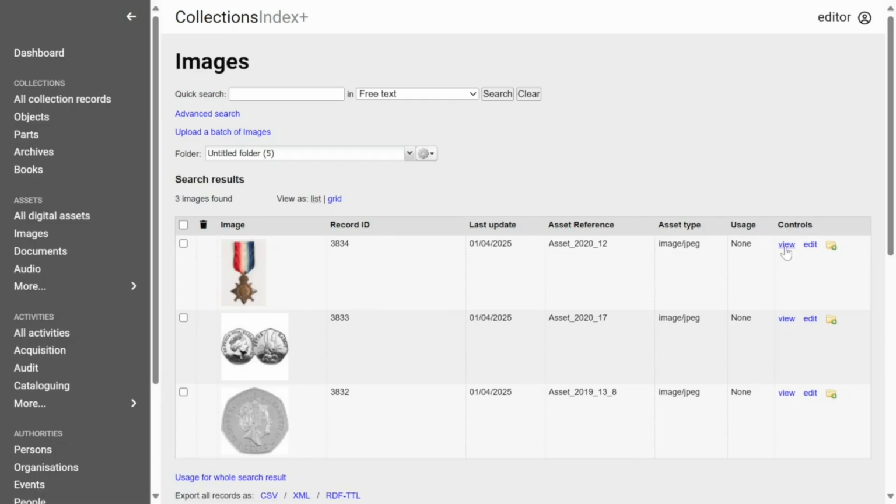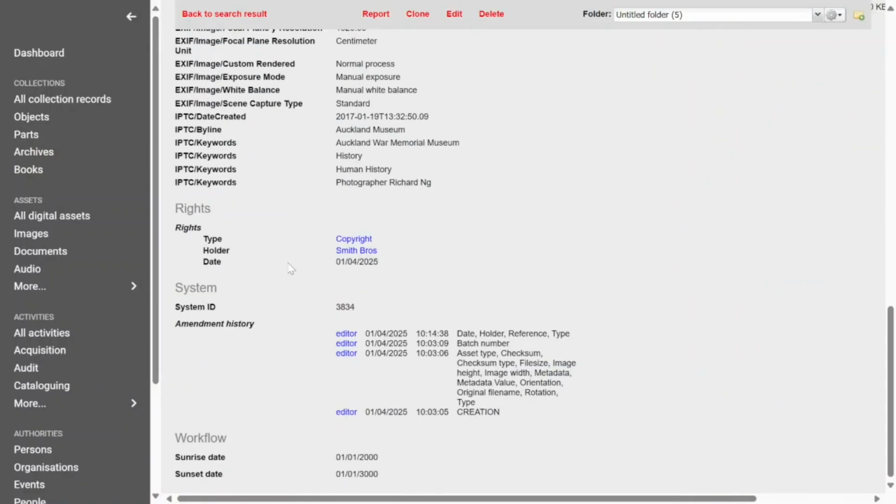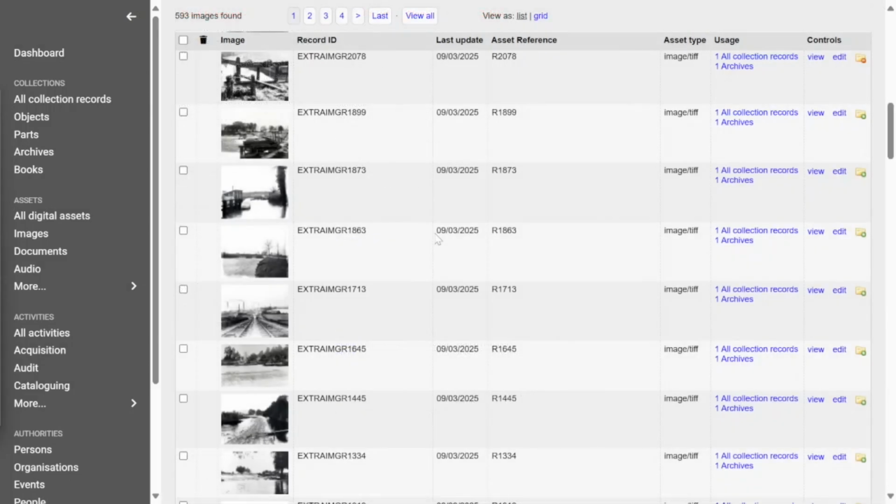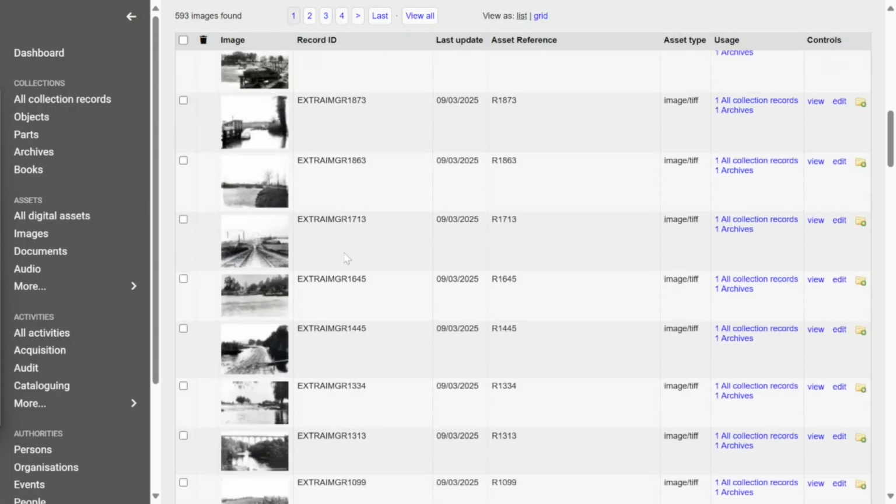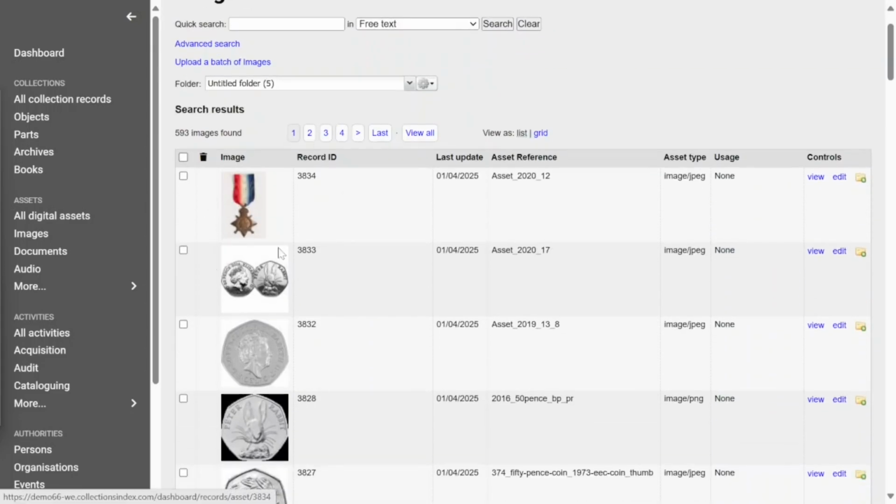And if I pop onto view, we can see rights is now recorded here. So I've just run another image search in my system. In fact, I've searched for all my images. So if I'm looking at a list now, and at the top we can see some of those recent uploads